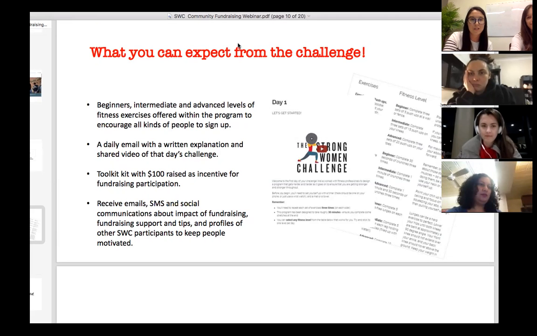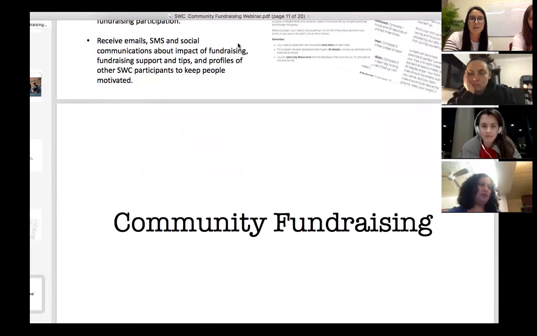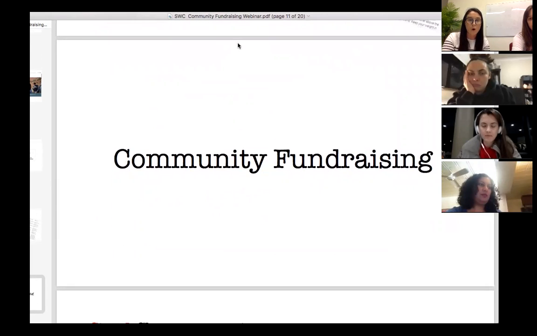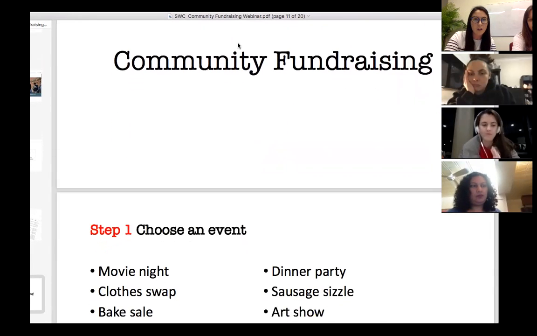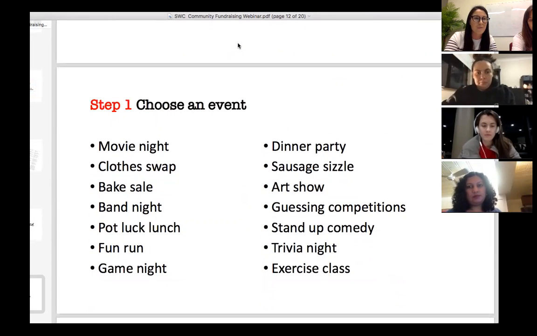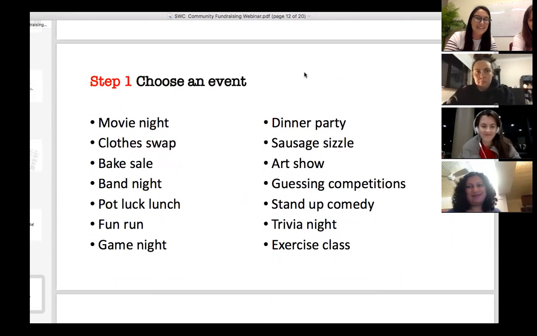But I'll jump into the community fundraising generally. This is an area that I'll be working on. It's part of my role and I'm really passionate about it, and I'm working on a toolkit that will, I guess, sit online and be there for people to use and access easily. I'll just take you through a bit of a step-by-step. Like Liz said before, if you feel like you want to climb Everest, that's a great way to.